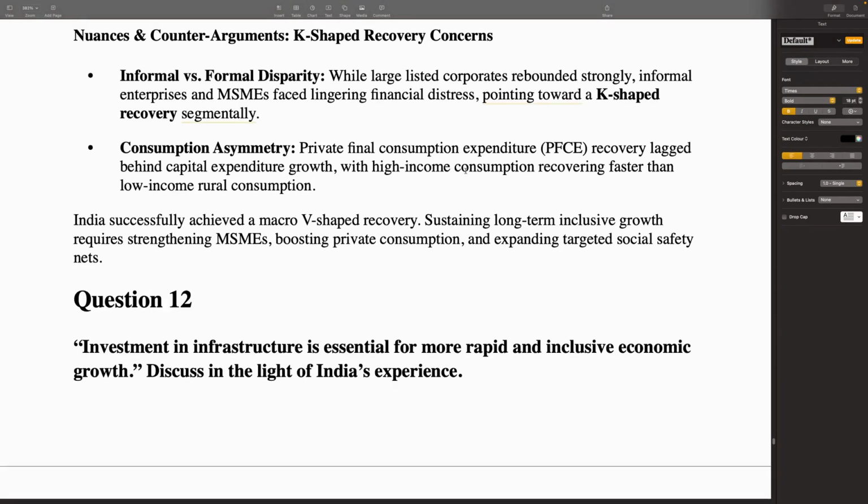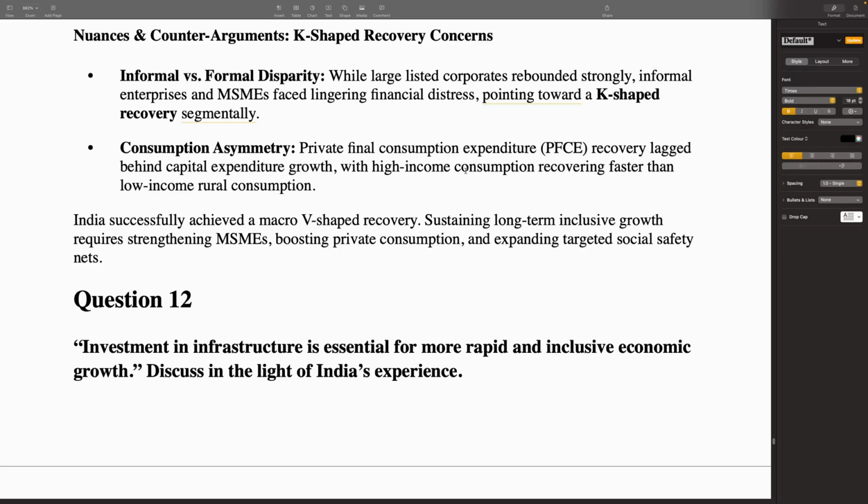Nuances and counter arguments. K-shaped recovery concern. Informal versus formal disparity. While large listed corporates rebounded strongly, informal enterprises and MSMEs faced lingering financial distress, pointing toward a K-shaped recovery